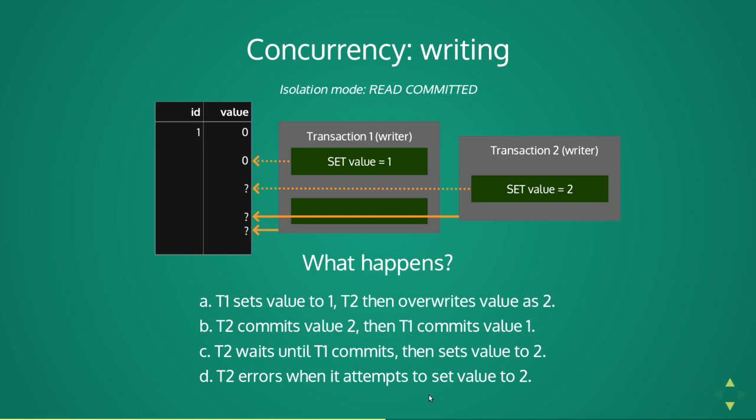Thirdly, transaction 2 waits until transaction 1 commits, and then it sets the value to 2, so it ends up as 2. Or, D, transaction 2 errors when it attempts to set the value to 2. And I'm going to add a fifth one, which is I don't know,